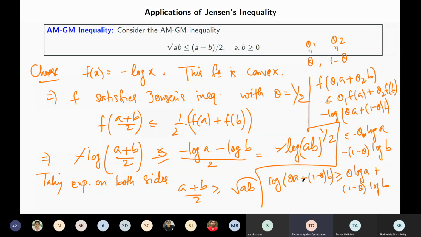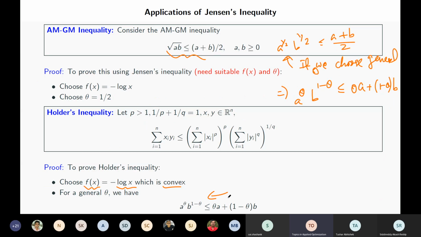And then if we take the exponent, the exponent will make it a product. So the right hand side will be log of a to the theta times b to the 1 minus theta, and now we take the exponent and we get back the result. So that's what we have written here. This result we get by taking a general theta in the Jensen. Now once we have this,